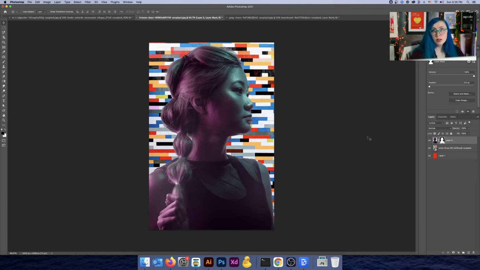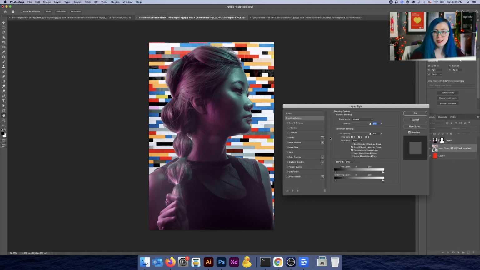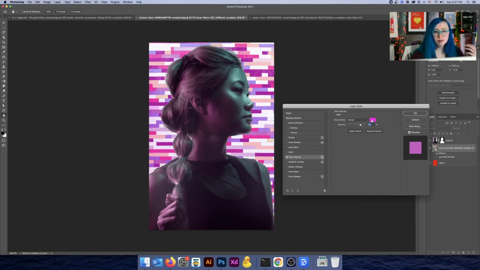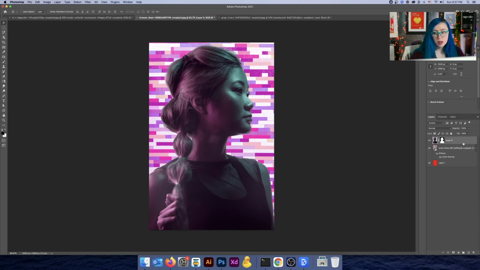Let's now do the final work on here and make sure that this woman and this background look really good together. Here, we're going to start by using our layer effects, and we're going to use this style to put on a color overlay. And since pink is my favorite color for this tutorial, we're going to use screen and just give this a really nice pinky feel. One thing that's catching my eye as I am working on this manipulation is that the background is much lighter than the foreground in this photo. And that's something that's really kind of drawing my eye and not looking as good as it could.